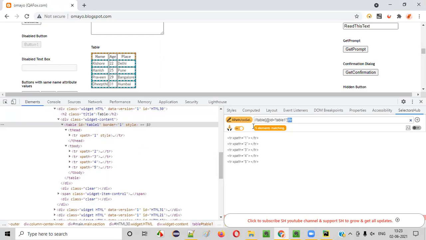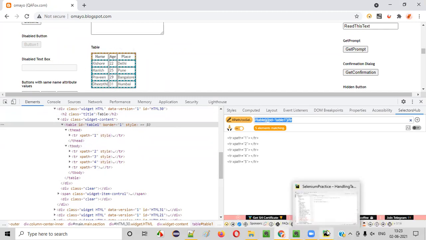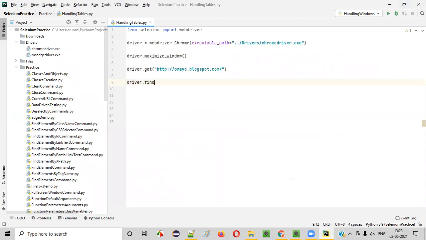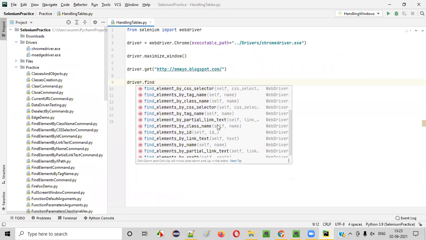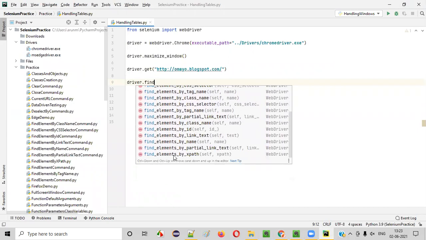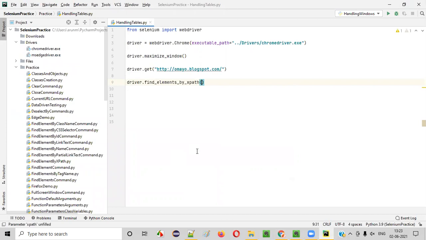So what I will do here is I'll copy this XPath expression which is able to locate the 5 rows. So here I'll say driver dot find elements. I have to select elements, guys, here, not element by XPath. Let's see where it is. Driver dot find elements by. It's not element by, it's elements by. Here provide the XPath expression which is able to locate all the 5 rows. This is an XPath expression, guys, for locating all the table rows, whether that table row is in the head or in the table body, doesn't matter. So using this single XPath expression, we can locate all the rows.